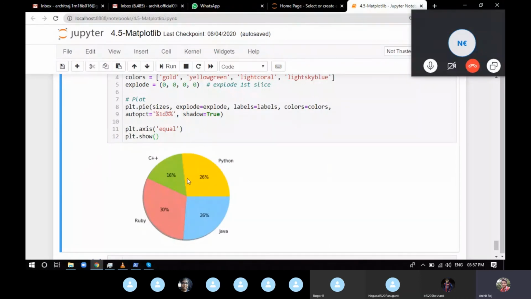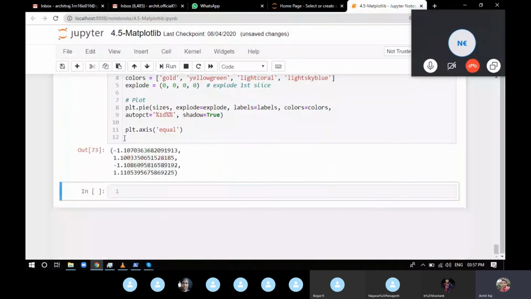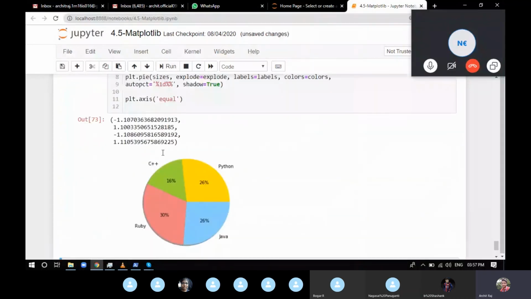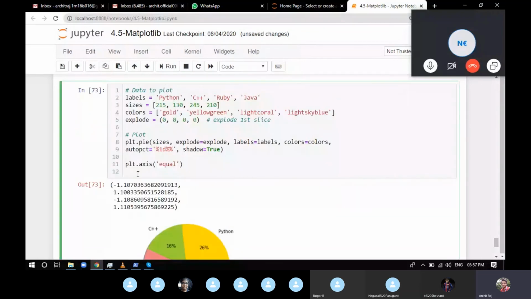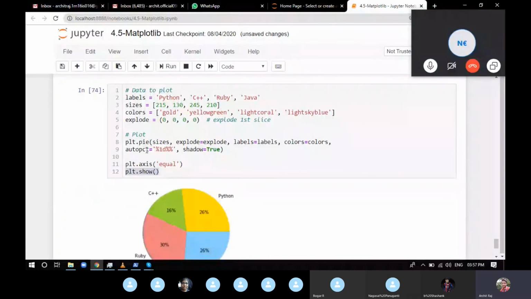Now again, if you remove plt.show also, it's going to show me the output. But it's not going to work if you're using any other IDE. So if any other IDE is there, plt.show is necessary. So I'll suggest you write plt.show each and every time, even if you're using Jupyter. It's a good habit so that you'll not miss this particular line if you're forced to use any other IDE.